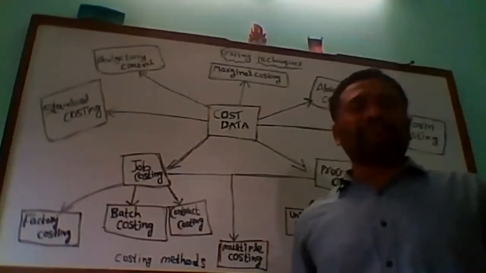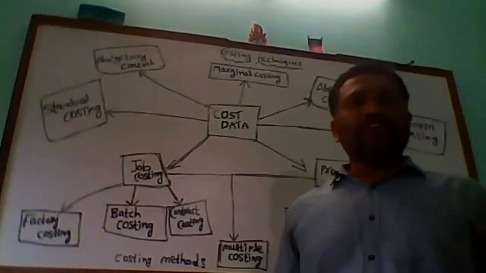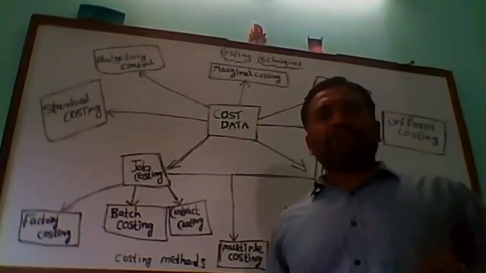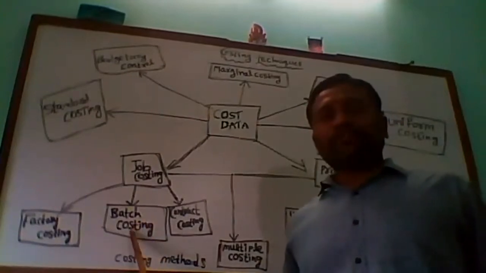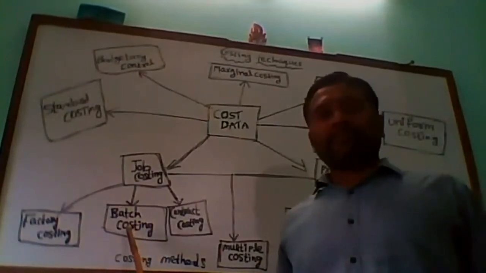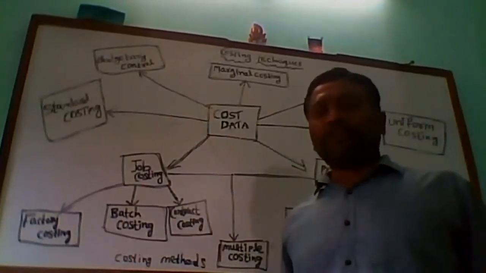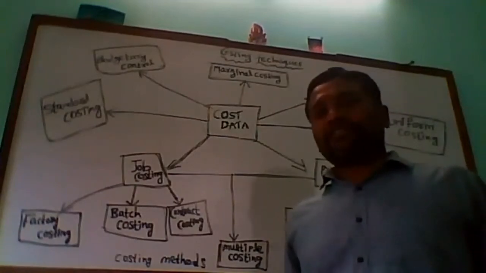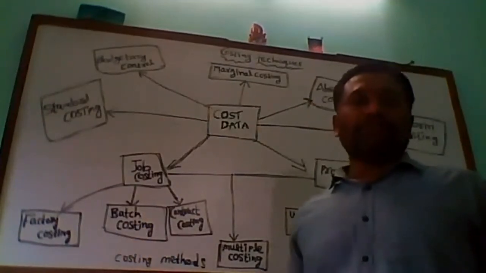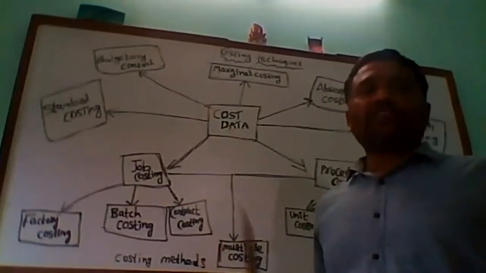Like batch costing, I gave an example like Colgate paste, or you can take any medicines also. If you observe the back side, they record the batch number as a code. Based on that code, they mark the prices also, which is calculated, and that code will be a QR code. Based on that, the batch numbers will be written on the particular products, and based on the orders they are going to prepare the batch costing. And next one is the contract costing.